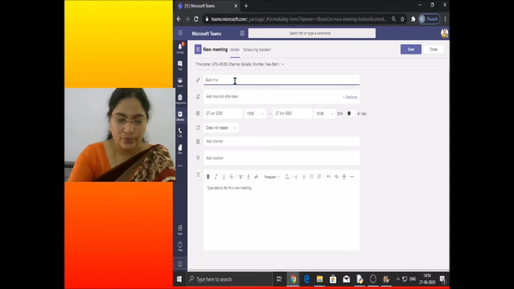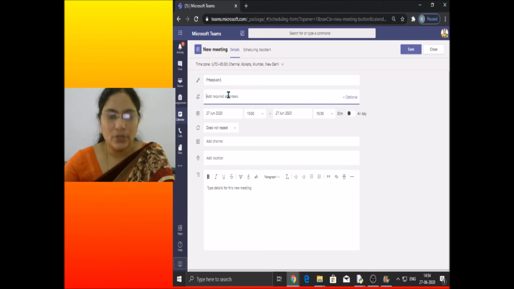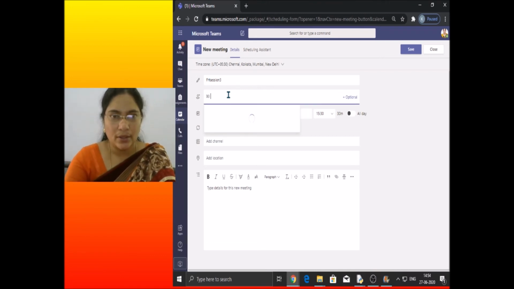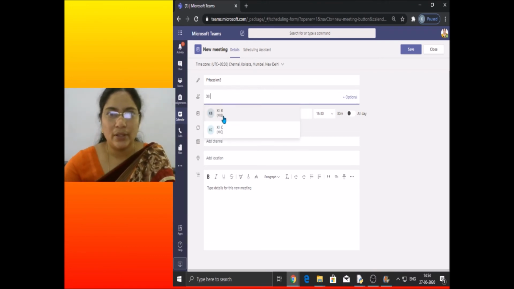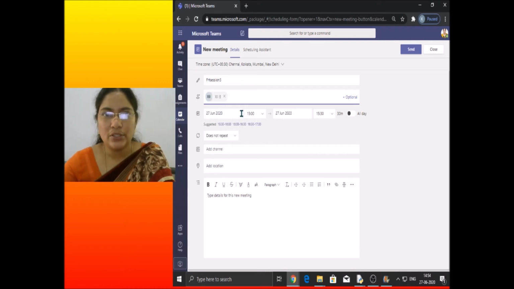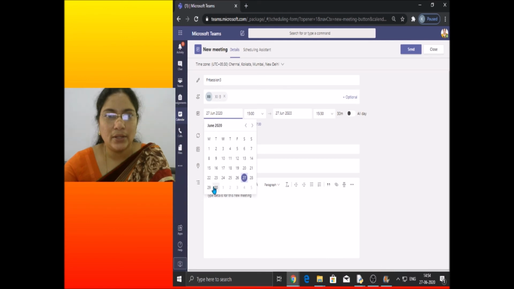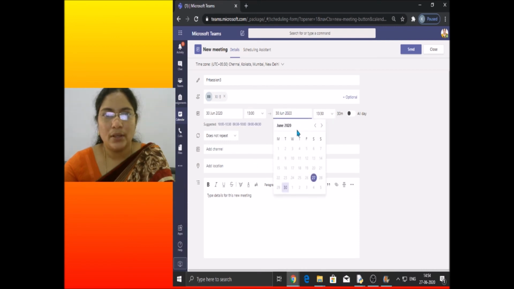Okay, so data file handling session 2 or session 3. So here I am adding all the 12th B, right? So 12th B computer science children, this class is on 29th, right, Tuesday 30th. And my class is from 1 o'clock to 2:30. So 1 to, yeah, on the same day till 2:30, 1.5 hours, right?